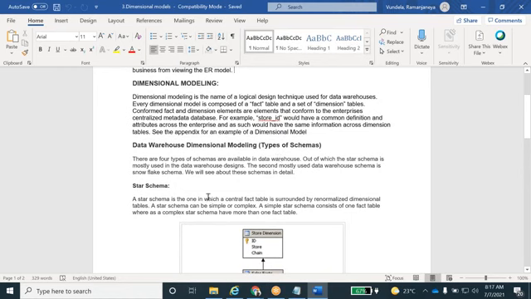These are examples only, and I will explain them here. In data warehousing, they mainly focus on four dimension models: star schema, snowflake schema, galaxy schema, and fact constellation schema. But we are going to focus on the star schema and snowflake schema.